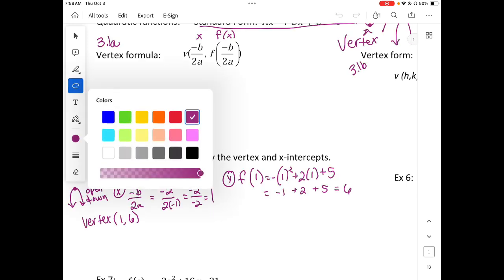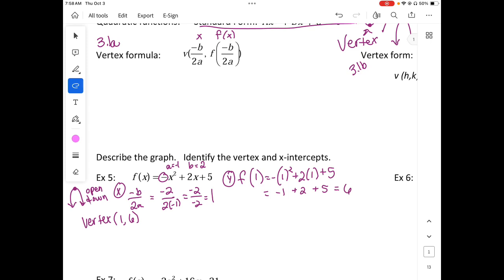All right, so let's go to the second part of this. We found the vertex and we're finding x-intercepts. So we're factoring. So we're going to factor by completing the square. So I'm going to go ahead and write this down. I'm going to factor out the negative 1. And I'm going to put that 5 on the other side as a negative 5. All right, so I need to find out what I'm putting in that spot. So remember, it's b over 2 squared. So 2 over 2